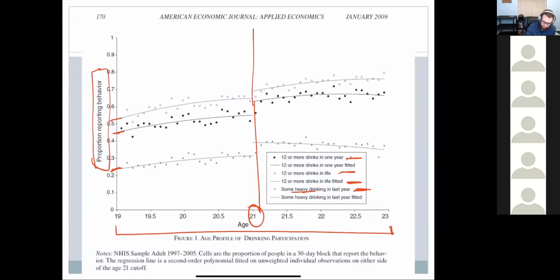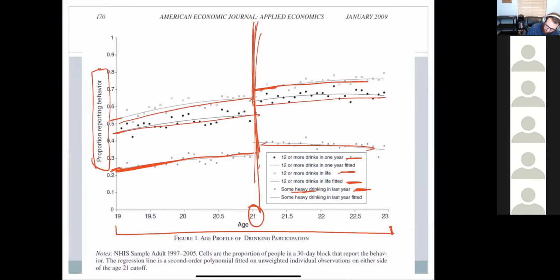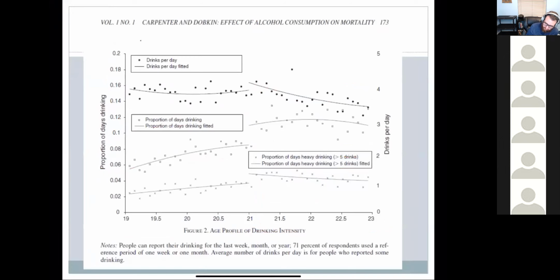What you can do is plot the lines for each of these different trends and say, okay, if we know that there's a clear and obvious breakpoint, what happens to the trend before and after that? And what you'll start to see is there is a difference where the trends split in many instances, because as people get closer and closer to 21, when they're legally allowed to drink, we see a big shift in the number of,